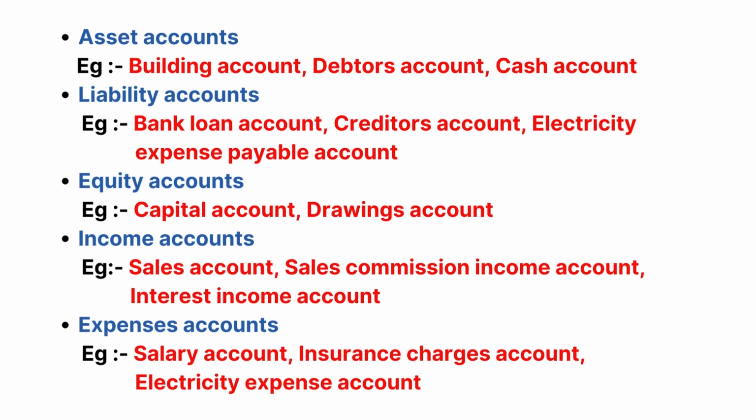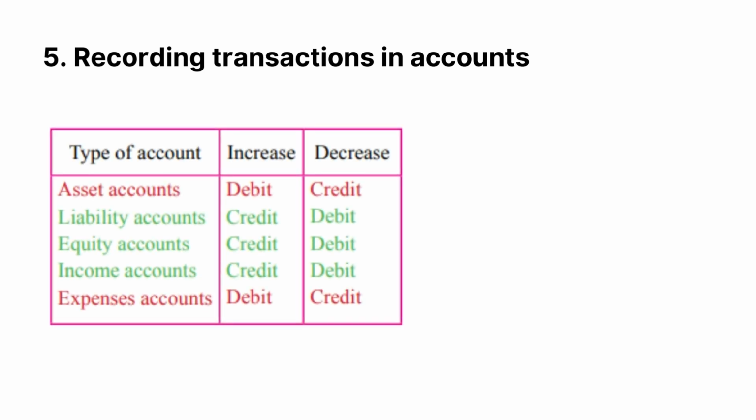When recording business transactions in accounts, the value of a transaction should be either recorded in the debit side or the credit side of the relevant account. Let us consider how to record such transactions in accounts, and how to record them correctly as debit and credit. Now we have to know first, in which instance we have to debit and credit. So if we look at this table you can see that